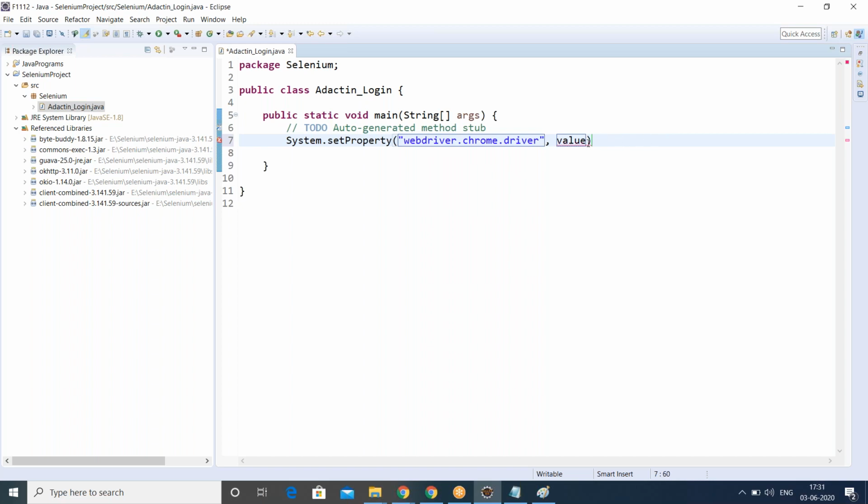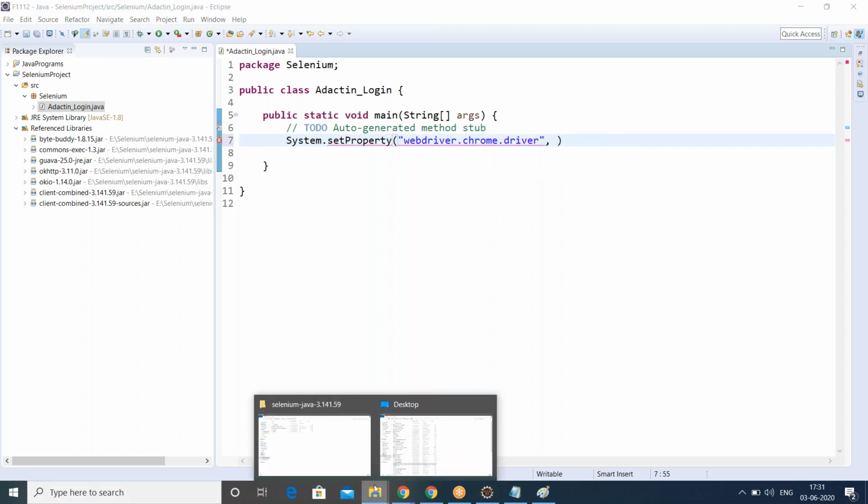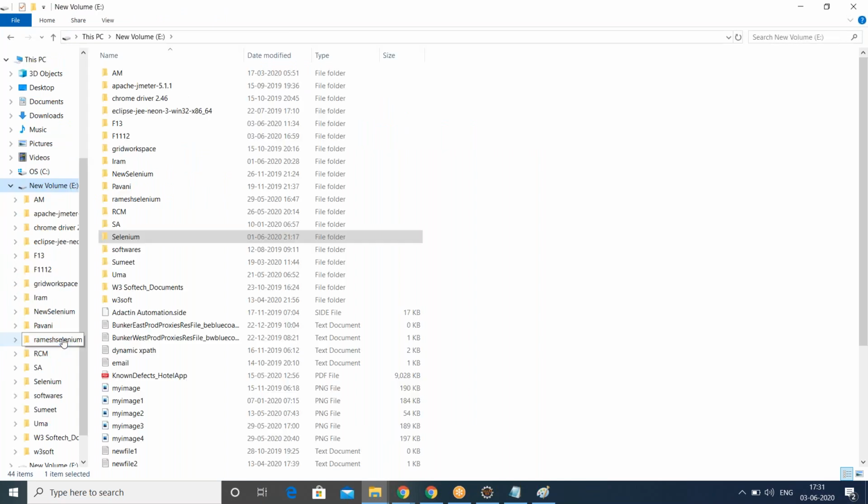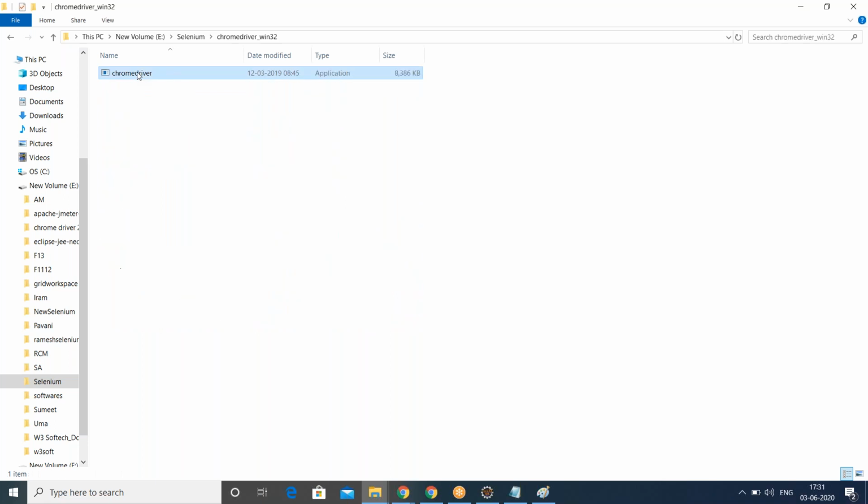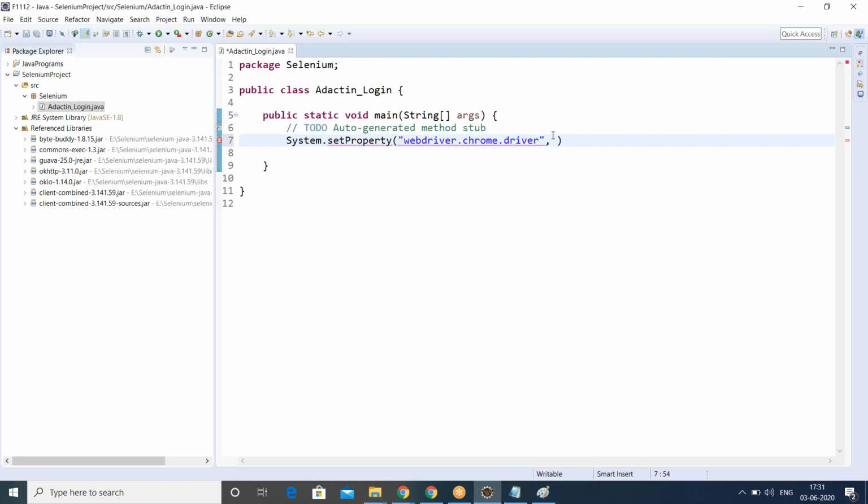And here, what do we have to copy? We have to copy the path where my WebDriver file is located. We have downloaded a WebDriver file, right? My WebDriver file is located in E drive, Selenium, Chrome driver. We should write this path. Simple. Copy the path from where the downloaded Chrome driver will be accessed.